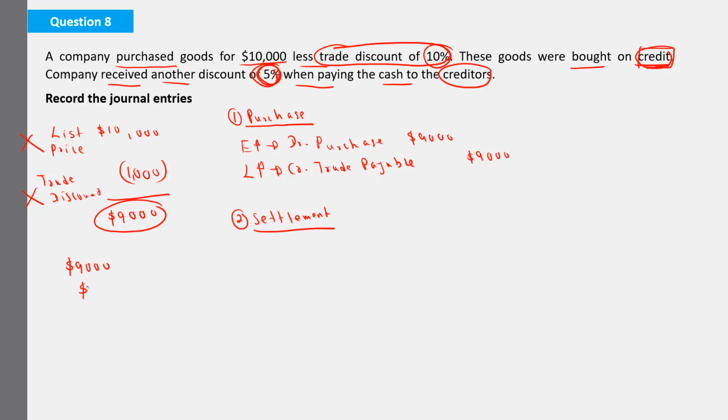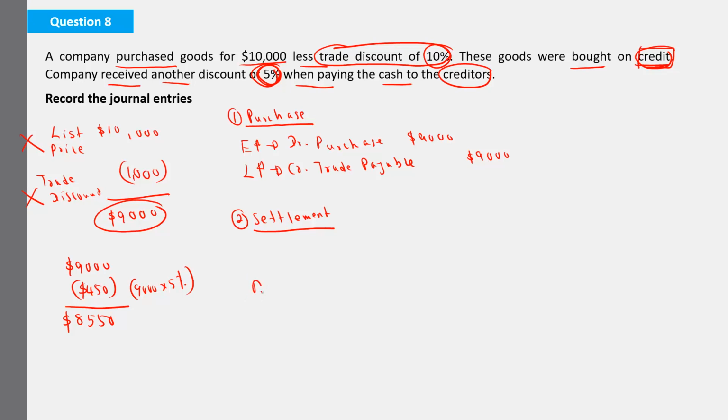So how much is the reduction? He is giving me a $450 reduction, which is 9,000 into 5%. So here, how much is the cash payment that I am going to make? 8,550. I will pay only 8,550